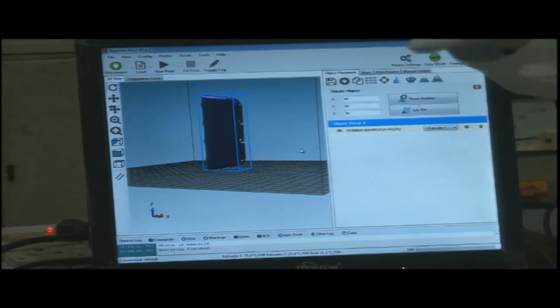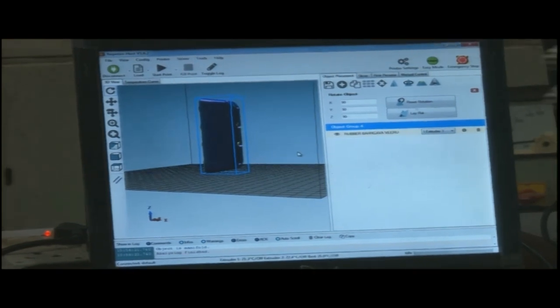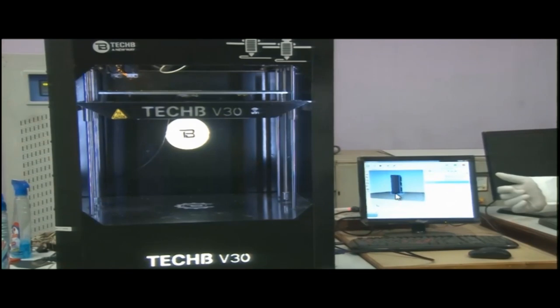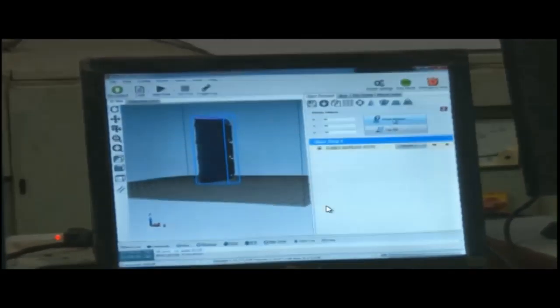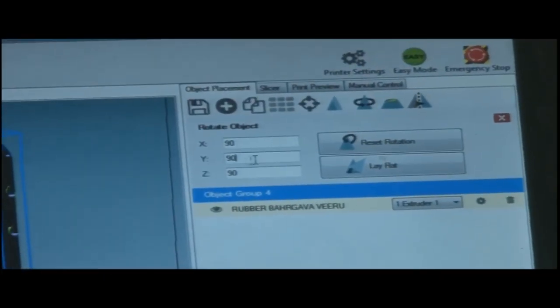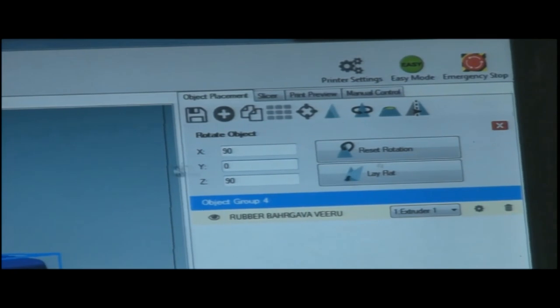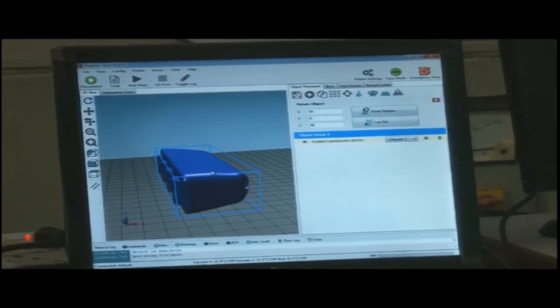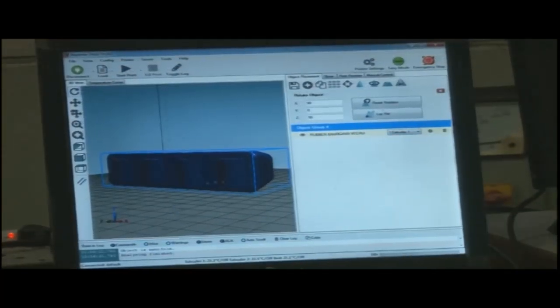Sometimes we have a pure flat surface. If you deposit properly on the flat surface, it is exactly perfect. But you can see that we have an angle here. In this we have a little angle, so we need to have some support here. For that we need to see what the proper alignment should be so that this support is minimum. So we rotate and try to keep the CAD.